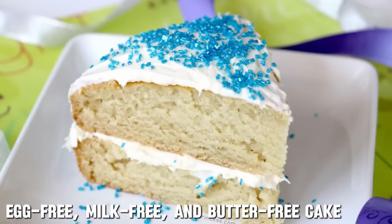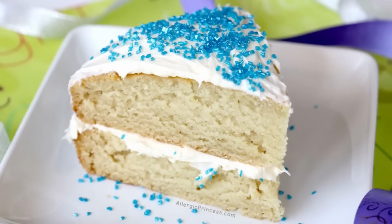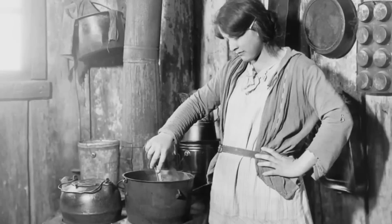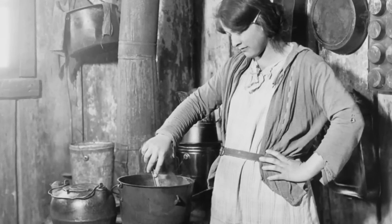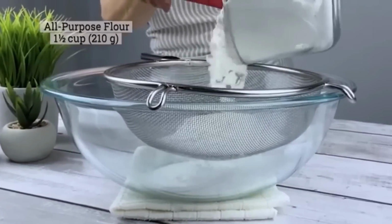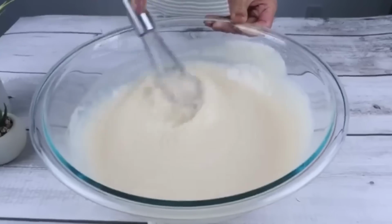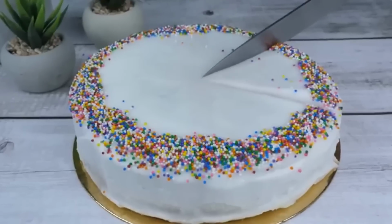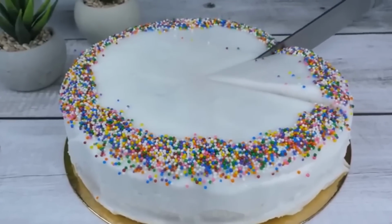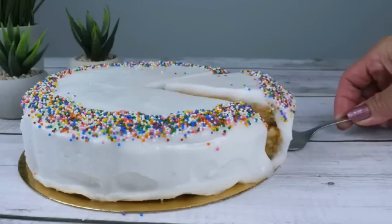Now, if you think baking a cake without eggs, milk, or butter sounds impossible, think again. During the Dust Bowl, people got creative with their baking. This egg-free, milk-free, and butter-free cake was made with simple ingredients like flour, sugar, and vegetable oil. It was impossible to live without cake even in times of desperation, so people decided to make do without the